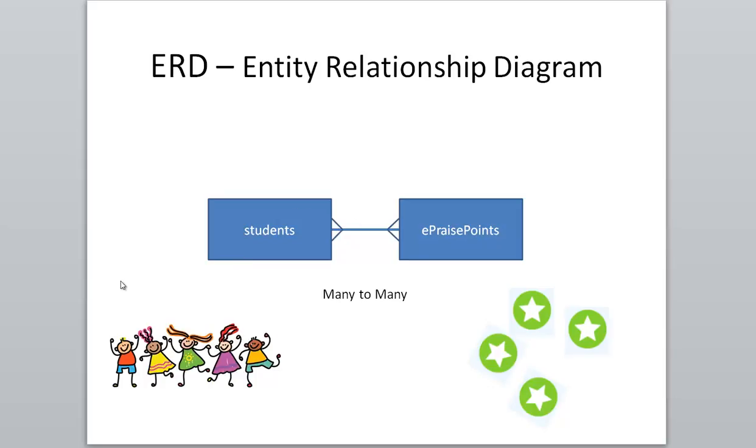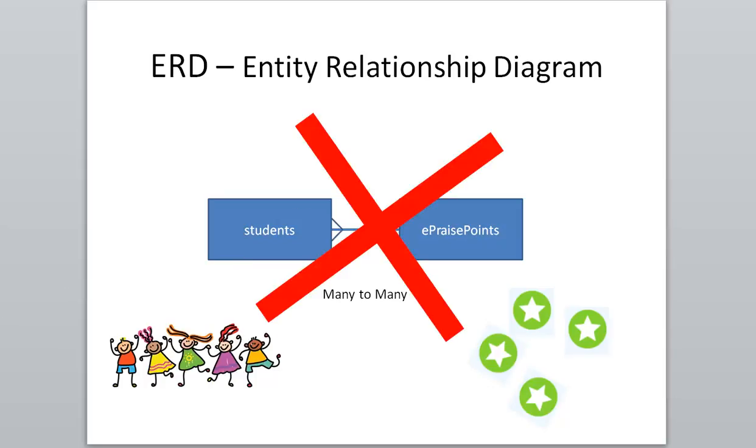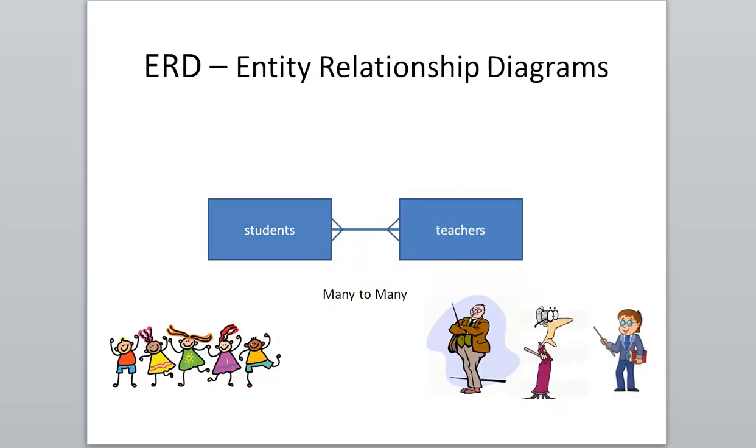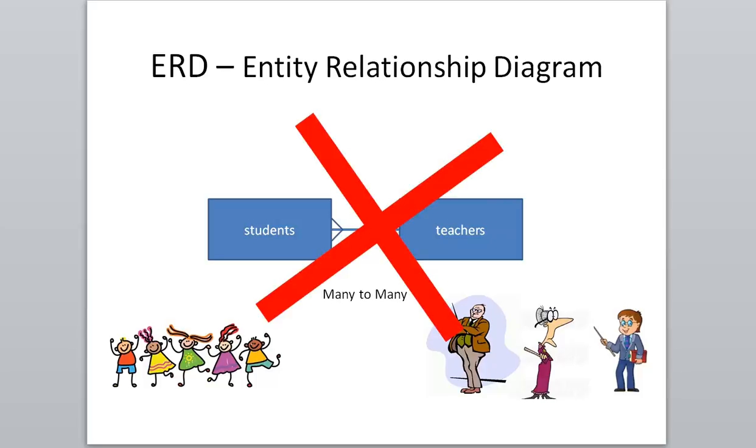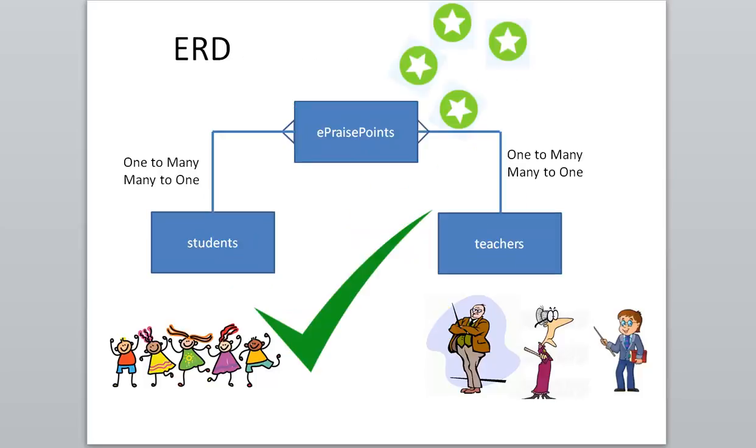It's just overcomplicated. Now we cannot allow a database to model a many-to-many relationship. It'll just be a logical, complete disaster. Too complicated and inefficient. So databases don't do many-to-many relationships. Also, students and teachers, lots of students, lots of teachers, you can't have a many-to-many relationship between them. That wouldn't work either. So the solution is to make the ePraise points table a joining table to join the